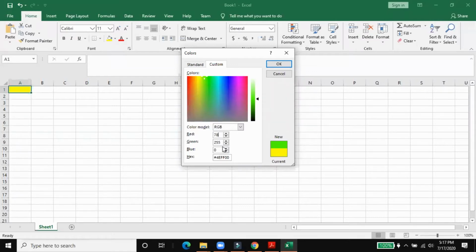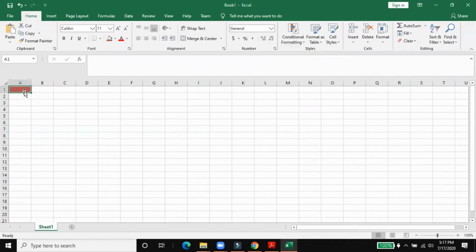The computer uses 16 million colors from these three colors. We combine the three colors and make 16 million colors. You can choose from there according to your choice, and then we drag and drop. You can select the color if you want, for example light pink, light gray, or light blue, as you choose. Then click OK, and the cell color is changed.